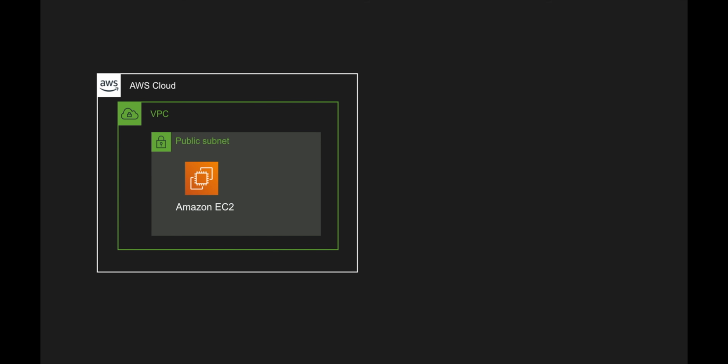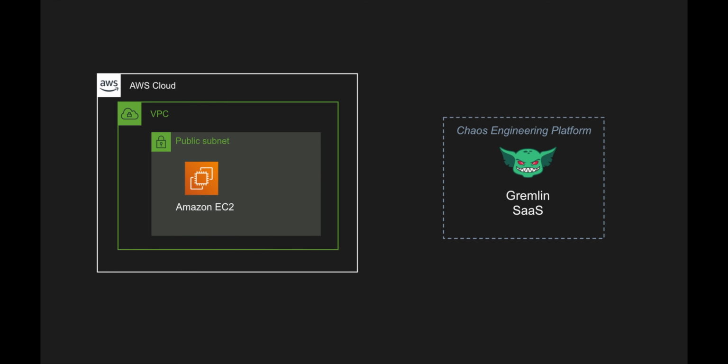For this, I'm going to use the Gremlin software as a service product. It's called a chaos engineering platform because they are providing it as a platform, so you can leverage it like a product, which is a SaaS offering. In order to communicate from our AWS account to the Gremlin SaaS product, we will have to install a Gremlin agent. This agent is a daemon process which is going to run within your infrastructure, be it containers or VMs. In our case, we are going to use an EC2 VM, but if you are using Kubernetes, you can run these agents within your Kubernetes infrastructure and run chaos experiments in them.